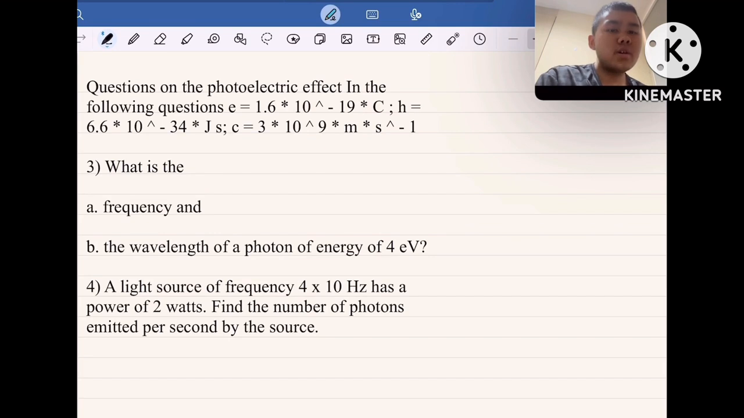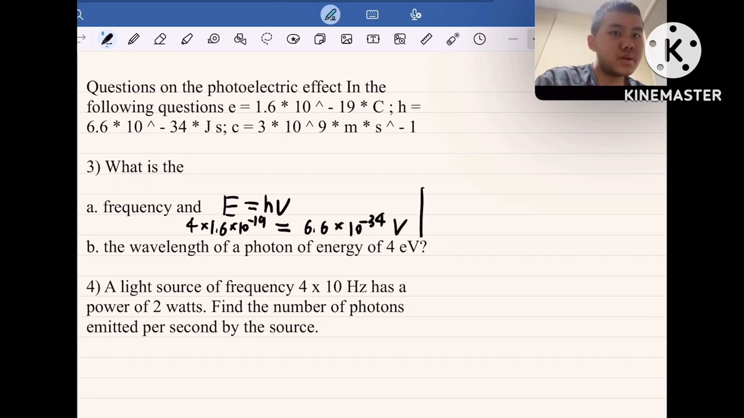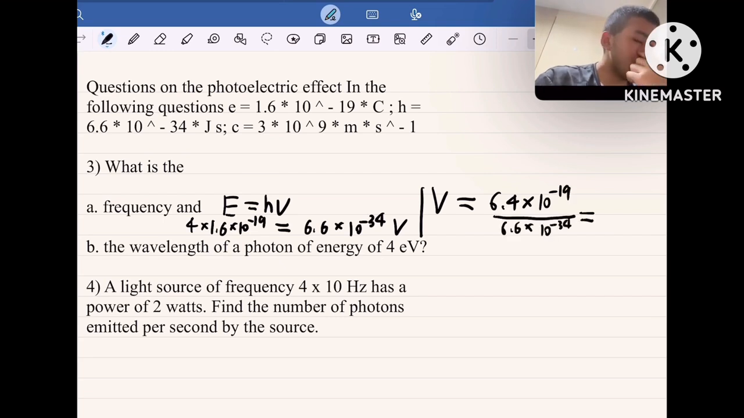The next question: what is the frequency and the wavelength of a photon with an energy of 4 electron volts? We use the formula E equals hν. E is the energy of the photon, 4 electron volts, and h is Planck's constant, which we know is 6.6 multiplied by 10 power minus 34. Use ν equals E divided by h, and we get the answer that it is